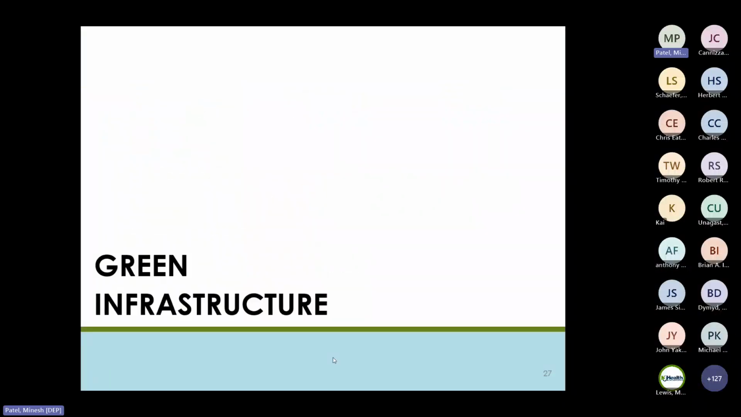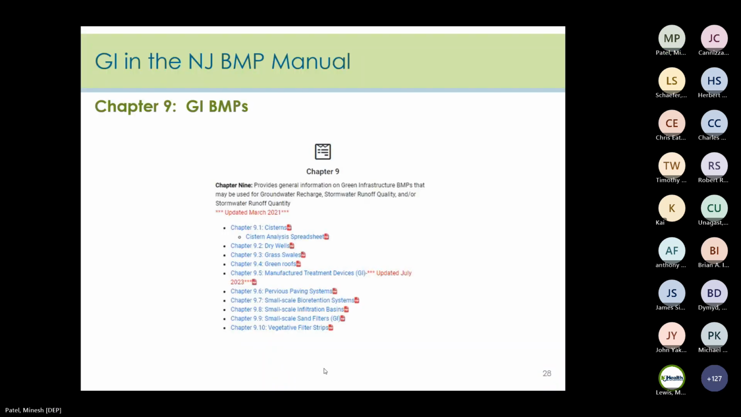So moving on, the next thing the reviewer should be looking at is if the applicant is meeting the design and performance standards using green infrastructure. The rules require that the design and performance standards are to be met using GI. And the rules require that GI BMPs be used to address the requirements for groundwater recharge, stormwater runoff quantity control,